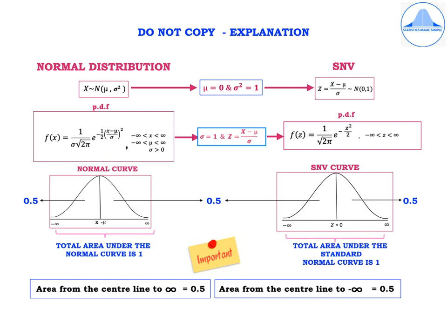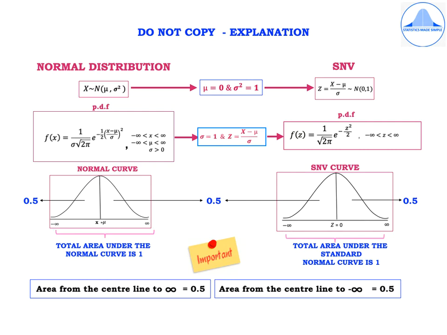And there are three ranges which we learned, that is x should lie only between minus infinity and infinity. Similarly, mu, that is the mean, also takes values between minus infinity and infinity, and sigma, which is the standard deviation, takes a value which is greater than 0. Next, we have drawn the bell-shaped curve or the normal curve. So please recollect, the normal curve is important. So the center line is x equal to mu, and the extremities, you know, are minus infinity and infinity.